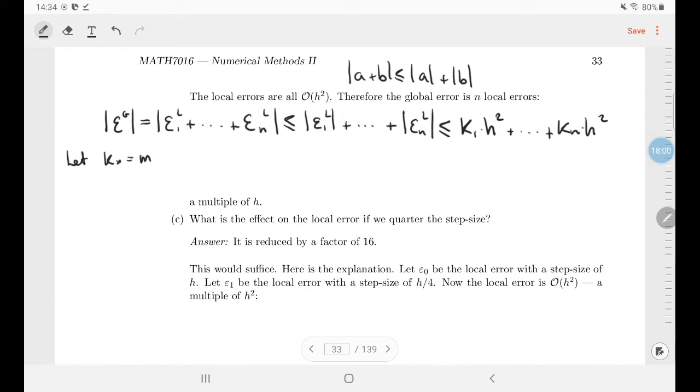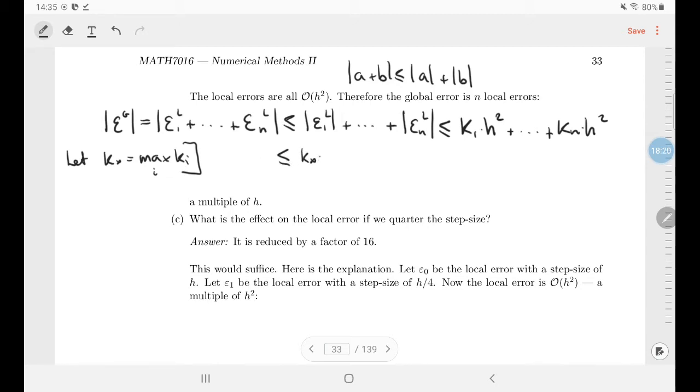So we've got all these n local errors, and we're going to take the worst case scenario, the biggest of them. We do that by taking the max of all these constants ki. Then this thing, let me put it in its own box, is less than or equal to